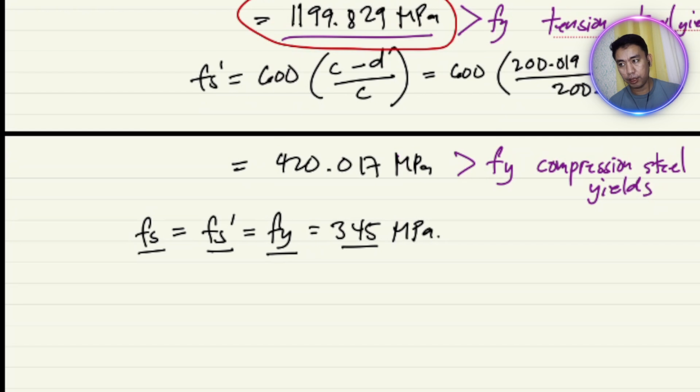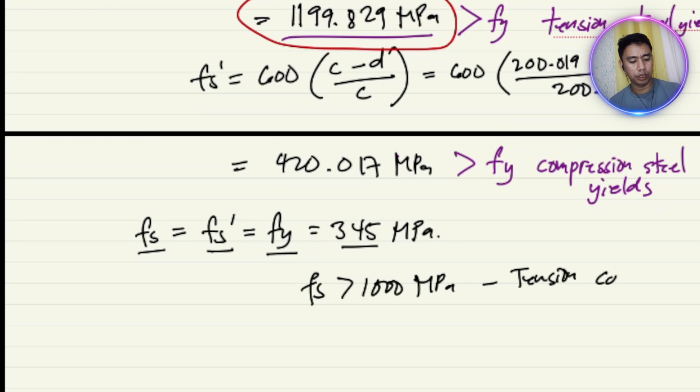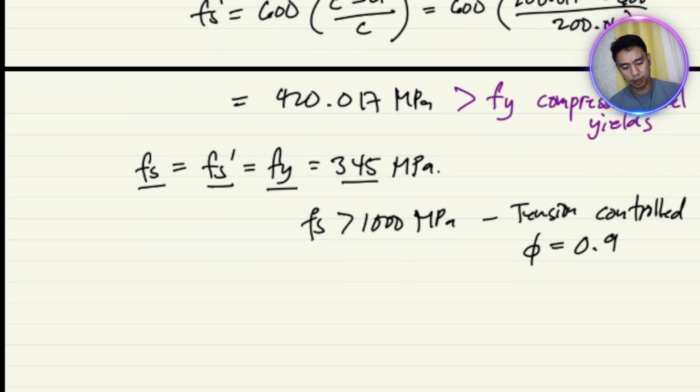Sa singly reinforced, if Fs is greater than 1,000 megapascal, this is tension control. Okay? Where pag sinabi natin tension control, phi is equal to 0.9. Okay? So sa pag-solve natin ng VMN,